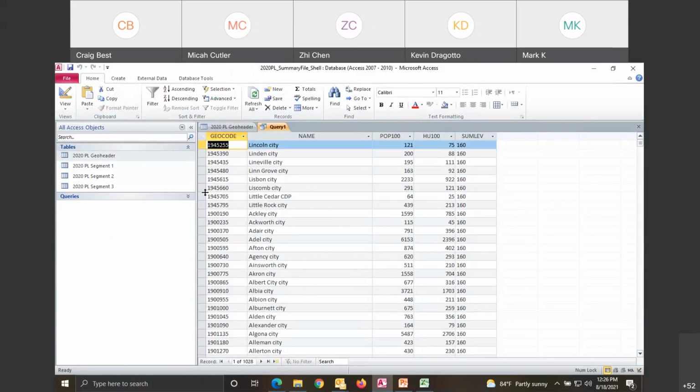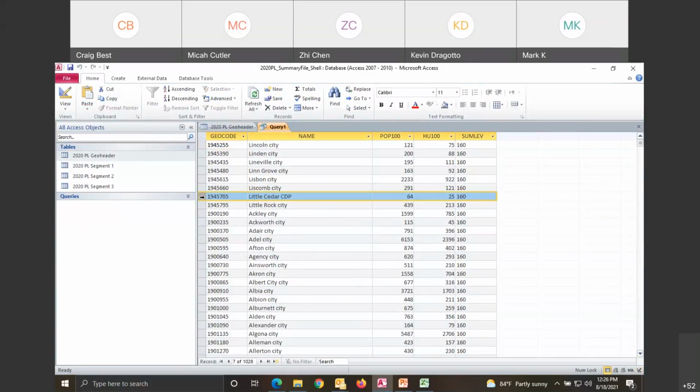There's some CDP, census designated places, if you're not familiar with them. And note that we now have, instead of 240-some thousand records, we have 1,028 records, which kind of makes sense because there's about 1,000 cities in Iowa, right? So this is how you get to the information for the cities.